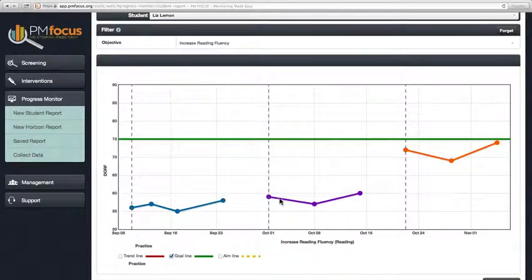I implemented the first intervention, and you can see that there wasn't really much progress there. I then implemented the second intervention, working on sight words, and you can see there was a big jump in the performance and response to the intervention. So that's probably a good indicator that that intervention is pretty effective. And in fact, I'm making progress toward and almost reaching my goal of 75 words per minute as indicated by